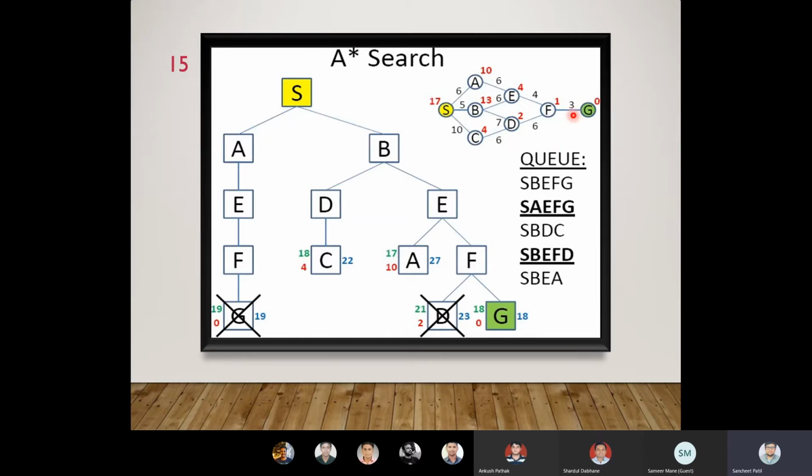But among all the searches which we have, it may give you the output as S to A to E, E to F, F to G, because it never back propagates and never checks what more possibilities we are having, and what were the values that we left behind. Basically, A star saves the instance where it thinks that can be an optimal path for achieving the goal state.